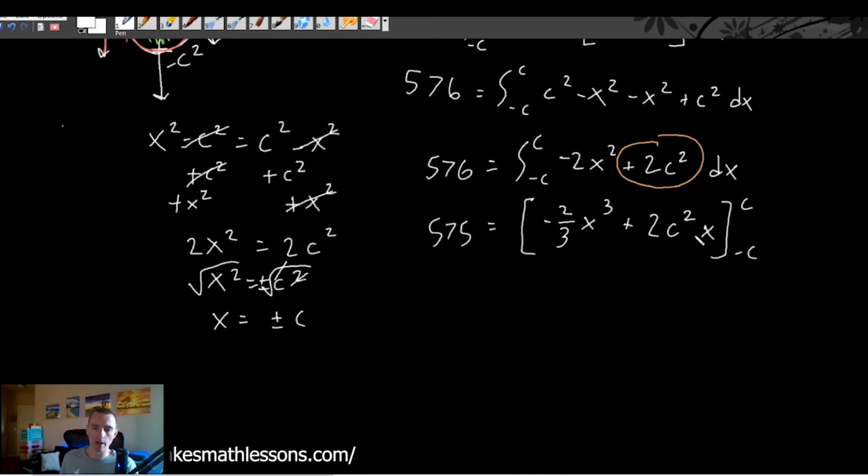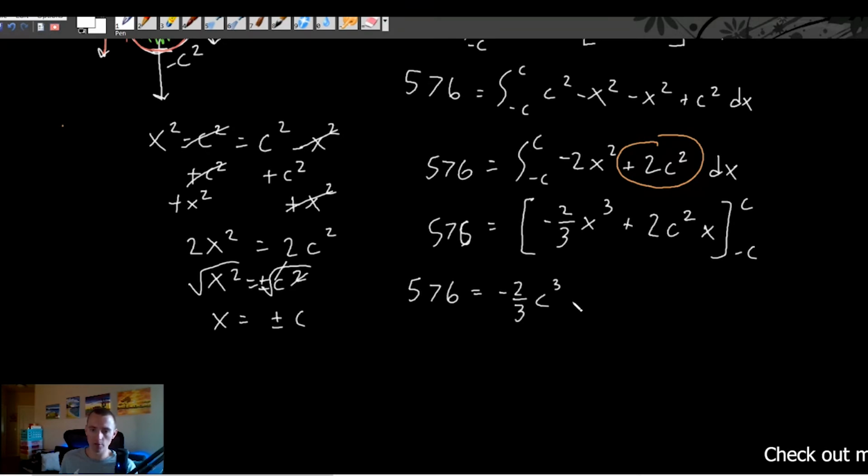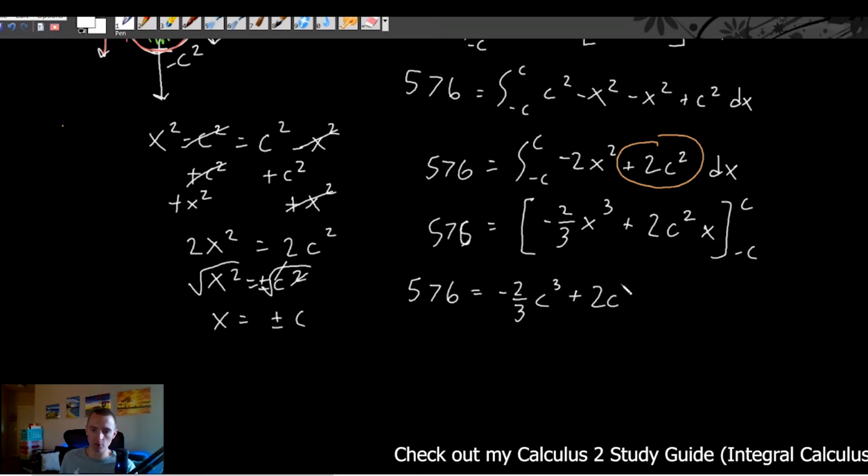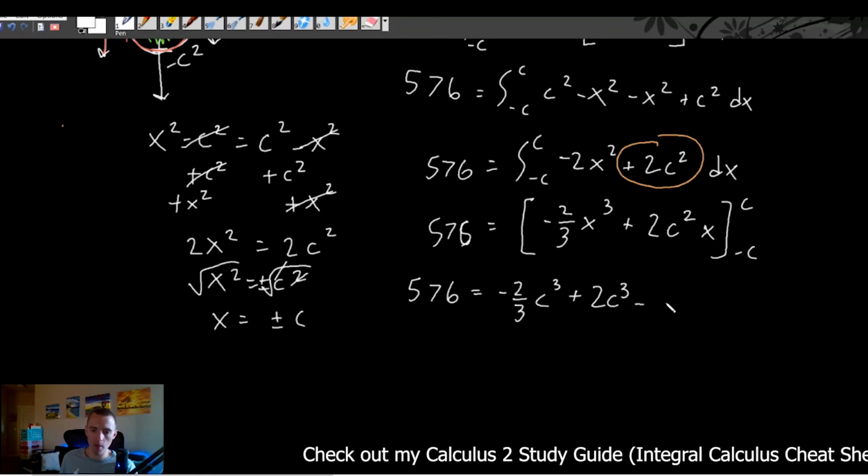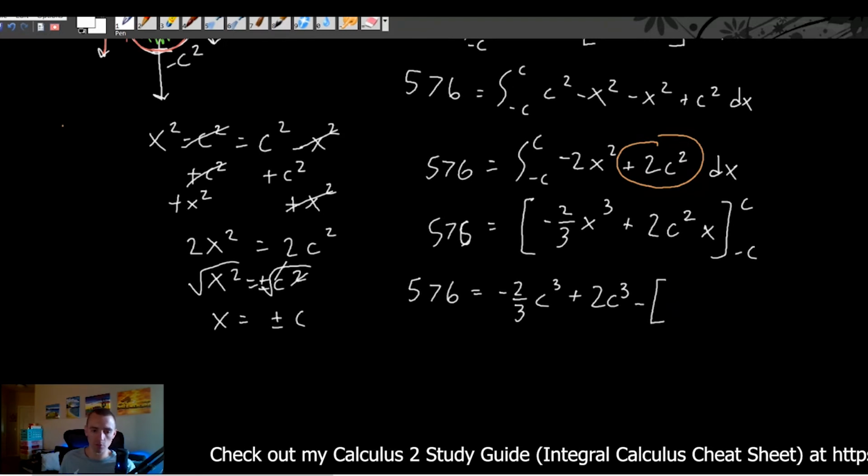So in order to do that, we're just going to go into our equation and replace our x's with the upper bound, and then go back in and replace our x's with the lower bound. So we will get, first plugging in c, negative 2/3 times c cubed plus 2 times c squared times c. C squared times c is just c cubed, so plus 2c cubed, and then minus parentheses,